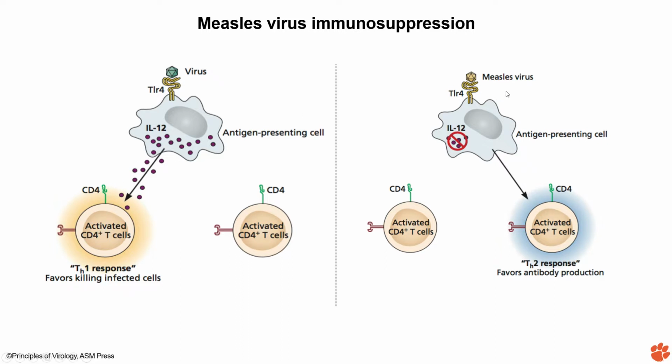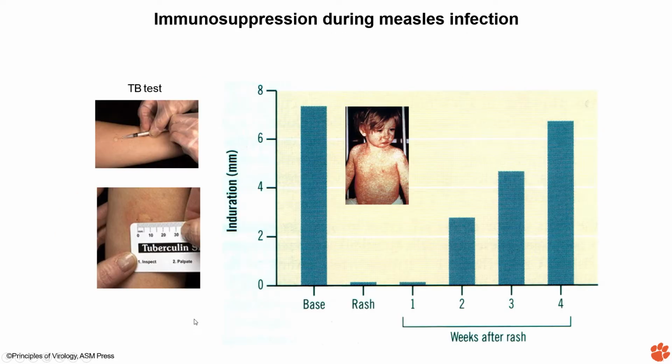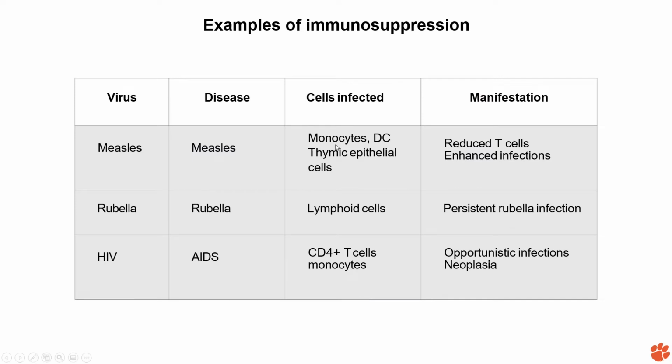But what happens is the measles virus skews it back to the Th2 type. We already talked about that, because they can produce these antagonists, which is IL-10, which basically suppresses the IL-12 function, and it skews it back towards the Th2 CD4 T cells. This favors antibody production, but initially that is not what is required. So basically the Th1 response is required in the first instance, but once it skews to the other side, the immune suppression is caused. So here are some of the examples: monocyte, DC, thymic epithelial cells, reduced T cells, enhanced infection, rubella,